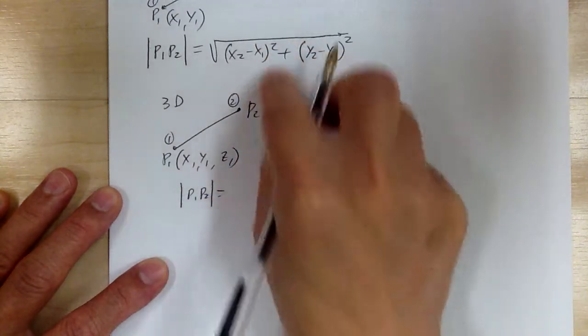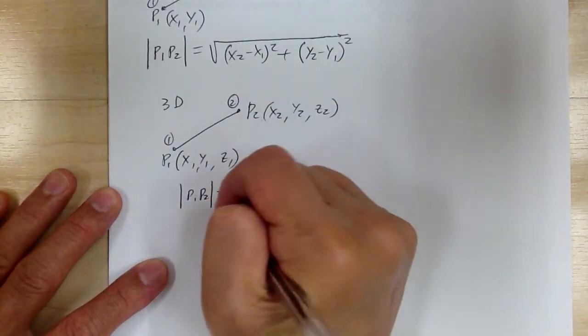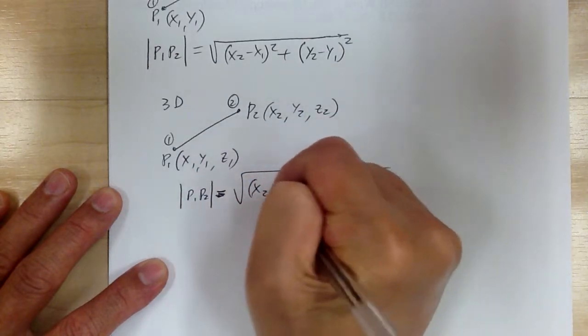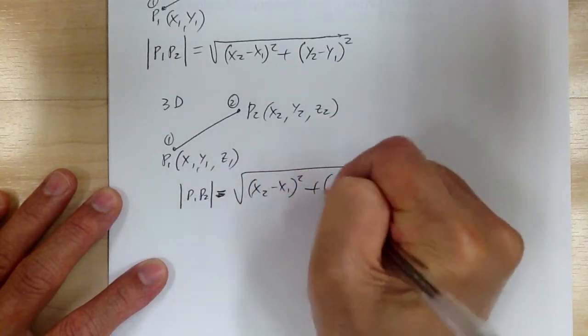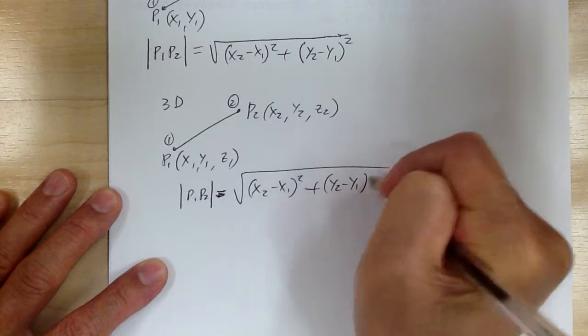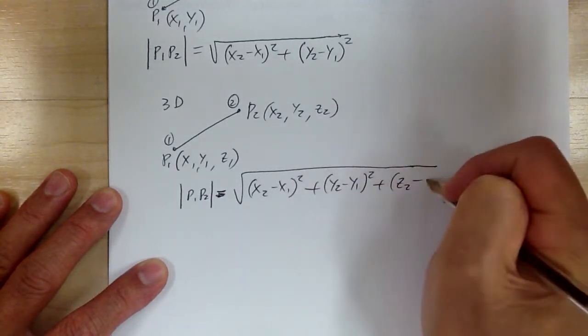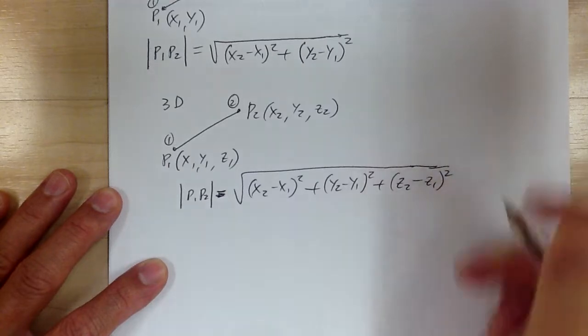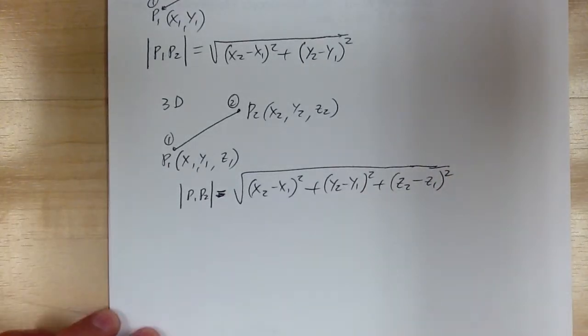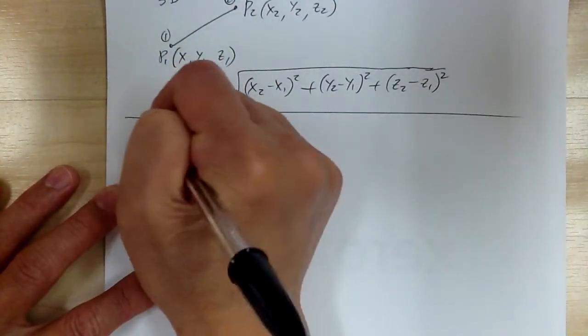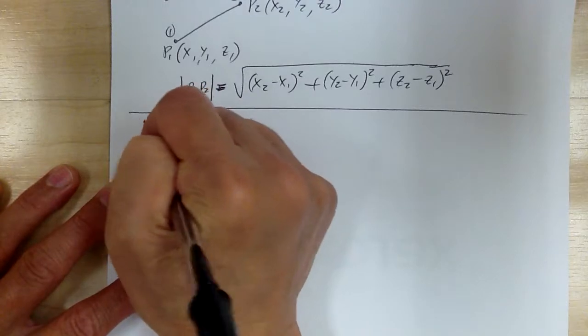is exactly the same thing. You just add one more dimension. Okay, so it would be just X2 minus X1 squared plus Y2 minus Y1 squared plus Z2 minus Z1 squared. Okay. So let's do example 1. So on page 269, example 1,